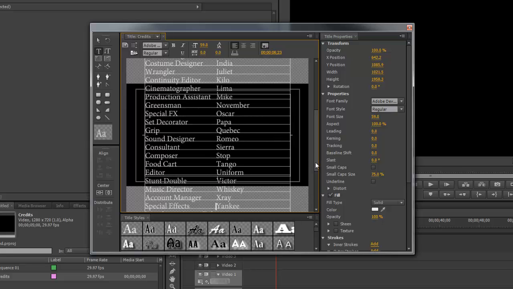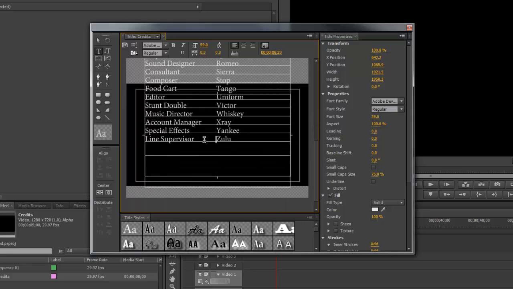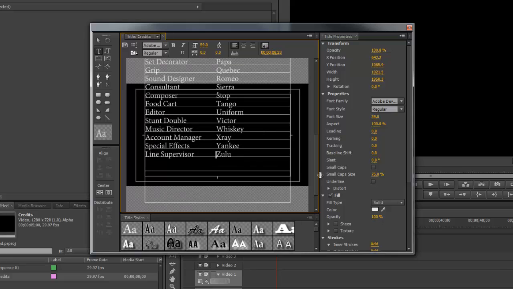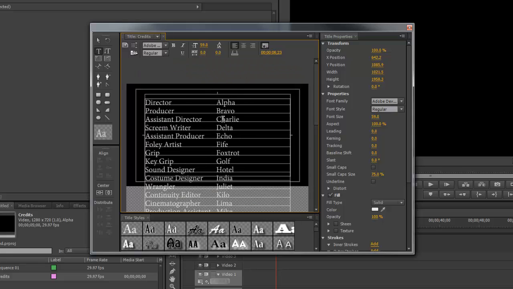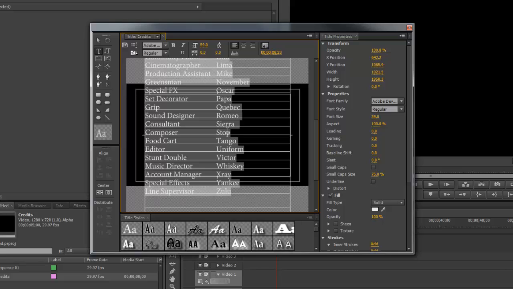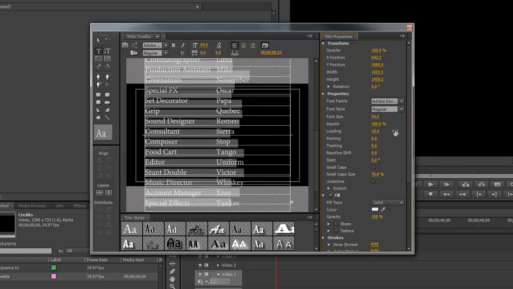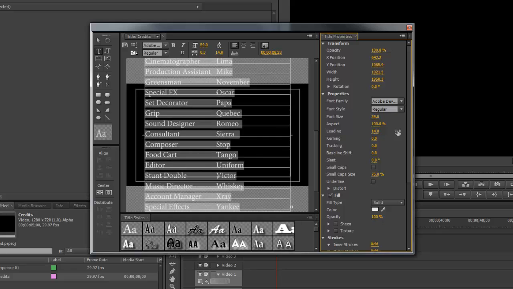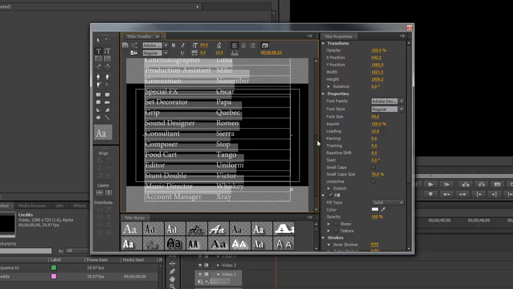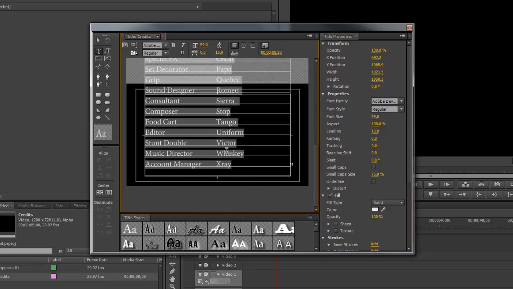Okay, so those are all aligned nicely now. Looks a little more professional. I'm going to hit Control A again, and maybe I want to have a little more space between them. So I'm going to adjust my leading amount here, and I can just increase that and adjust the spacing like that. And what's interesting is because I've increased the spacing here, I've got the plus sign back again,